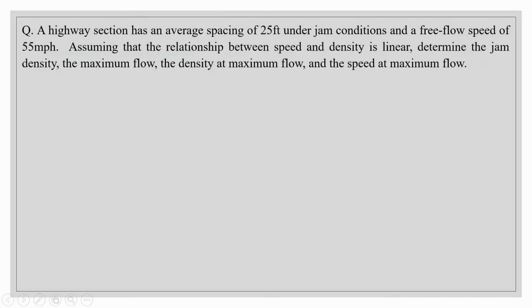Now here is one question. It says that a highway section has an average spacing of 25 feet under jam condition, and the free flow speed is given to be 55 miles per hour. Now we have to assume that the relationship between speed and density is linear. That means we need to consider the Greenshield model, and then we need to determine the jam density, that is